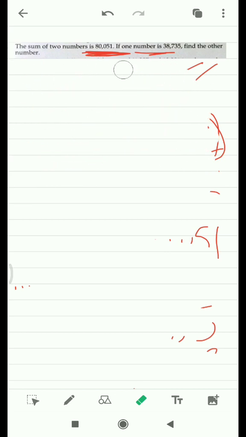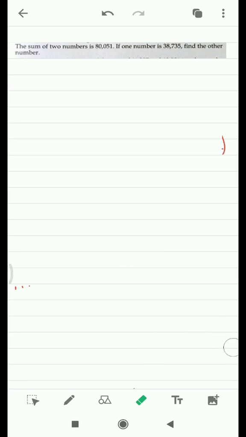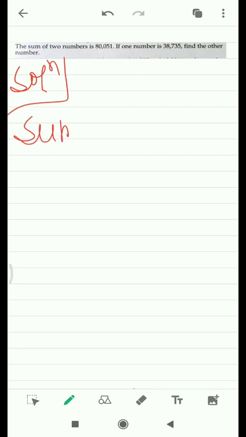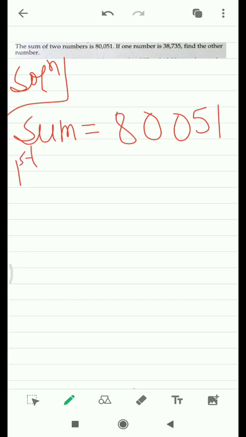First of all, we'll write the sum. What is your sum? That is 80,051, right? So first number